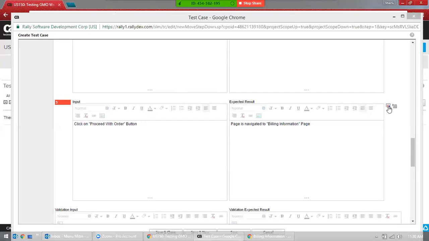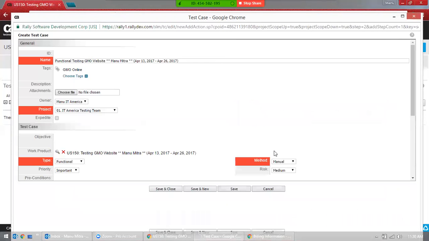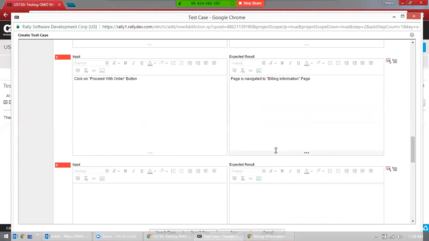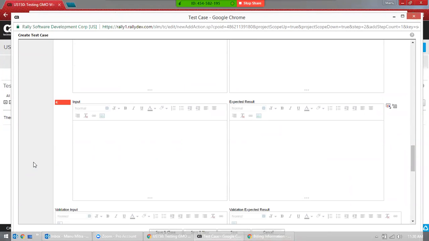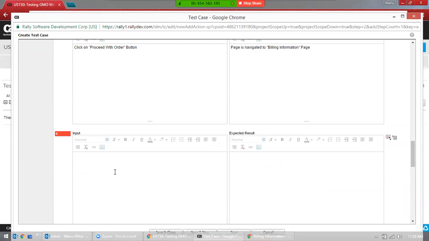So now you can do this. Click on this, click on add step, because you don't want to go back again. It's redundant work, right? You don't want to do this. Now it's luckily shown up from fourth step, and since it is our fourth step, what I want to do is enter all the information